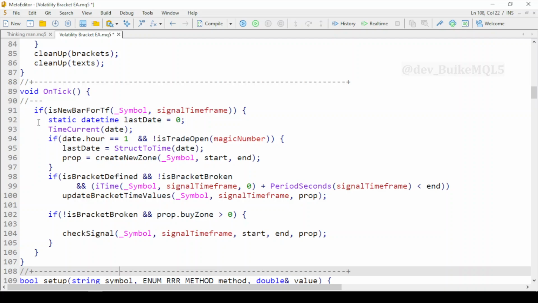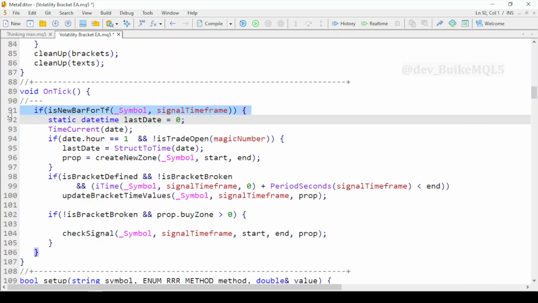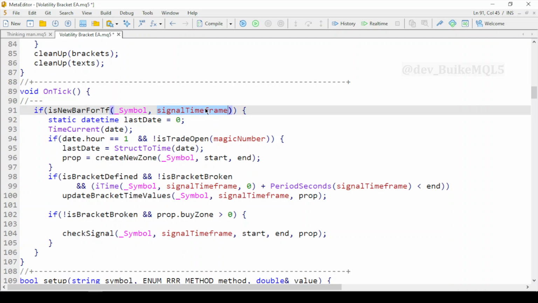In the OnTick function on line 91, we ensure that there is a new day. We only want to check our conditions if it's a new bar, if a new bar forms on the chart for the signal time frame, if it's the 1 hour, the 30 minutes or so. Next, we ensure